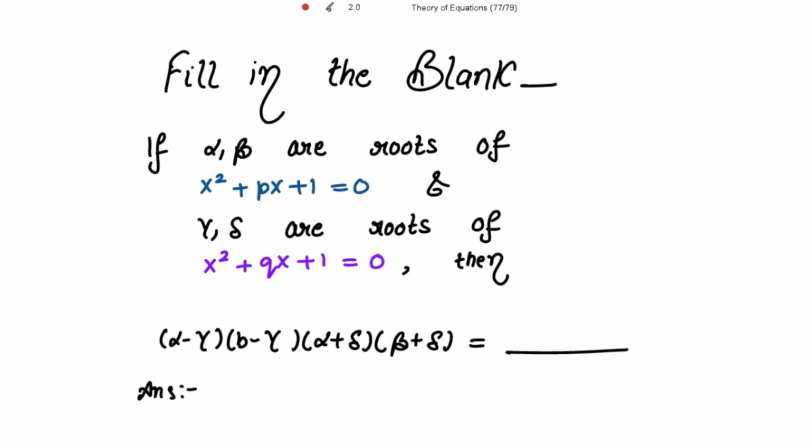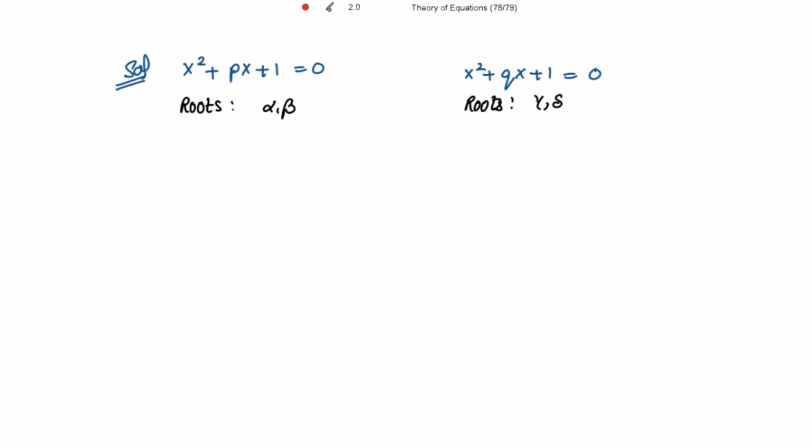Beta are the roots of x squared plus bx plus 1 equal to 0, and gamma delta are the roots of x squared plus qx plus 1 equal to 0, then we have to fill this blank. What could be the product of these factors? Let's find this. So these are the two given quadratic equations, and alpha beta are the roots of this first